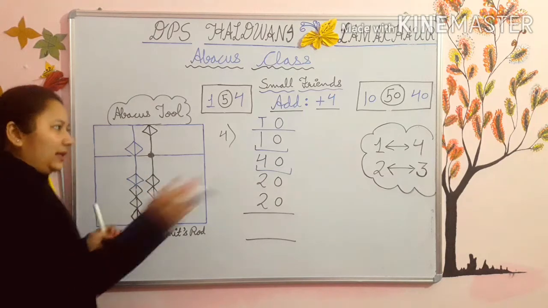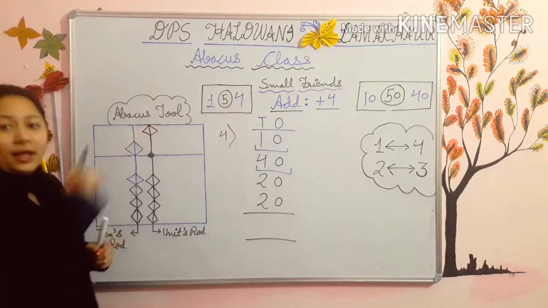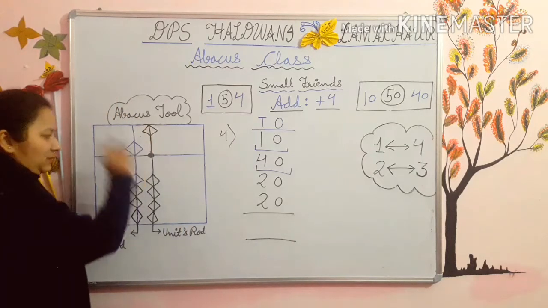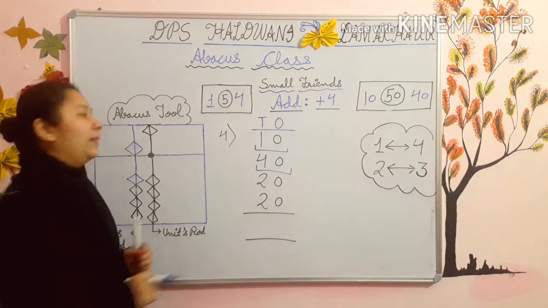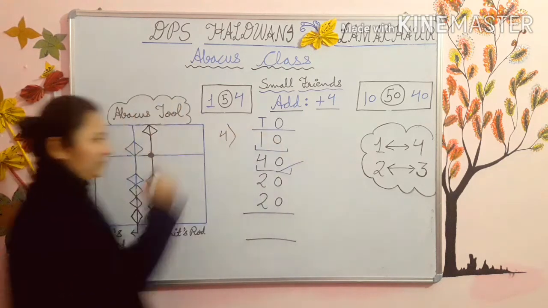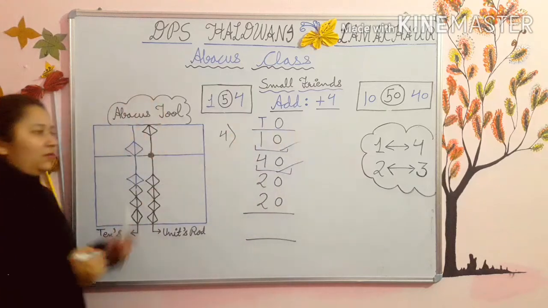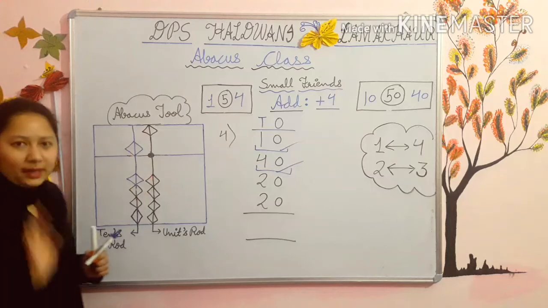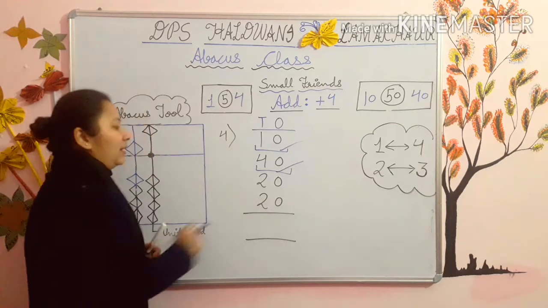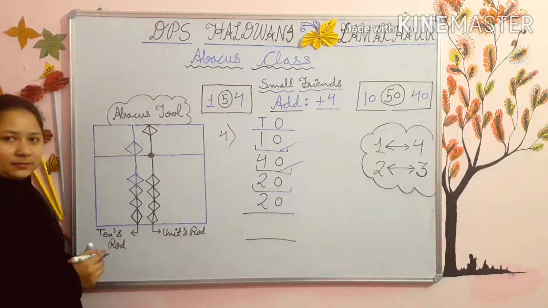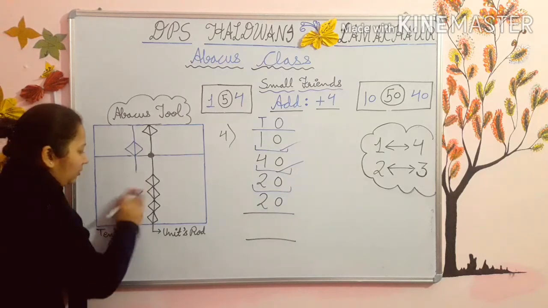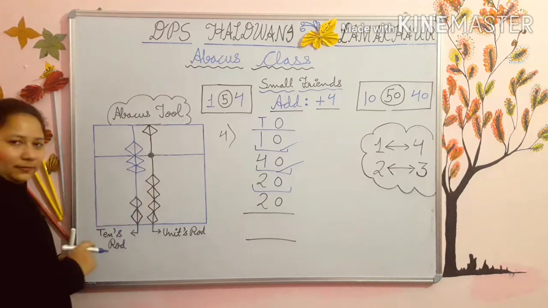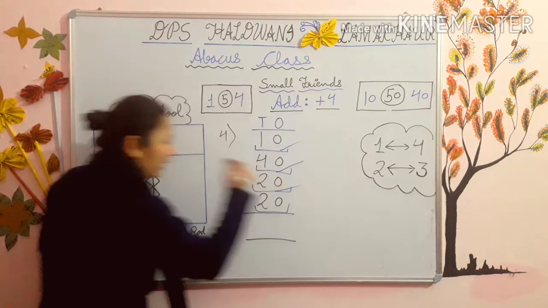This question you can do like this also, as I am doing by using that, and single also you can use, like add 5 minus 1. This also you can use. Now the next, this I have done and this also completed. For 40, what I have done? Added 50 and minus 10, because 10 is the friend of 40. Now next you have to add 20. So 20 you can add directly, 10, 20. This is also done. Now again add 20.